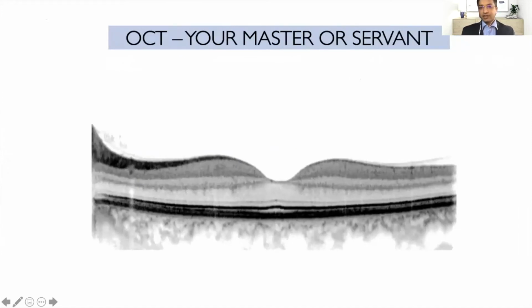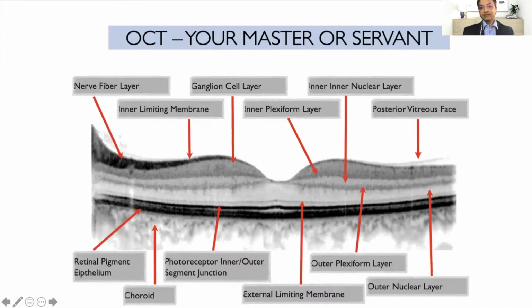Before one starts diagnosing retinal diseases or starts treating medical retina patients with injections, one should know the layers of the retina on OCT very well so that you can be the master of the OCT machine. I'm not going to talk in detail about the different layers of the retina, but knowing each and every layer helps in the correct diagnosis as well as in prognosticating the patients in terms of what's going to be the likely outcome after a series of injections.